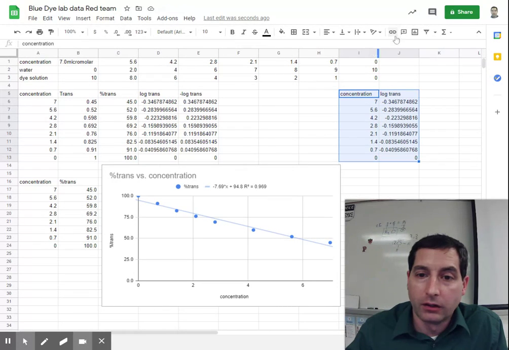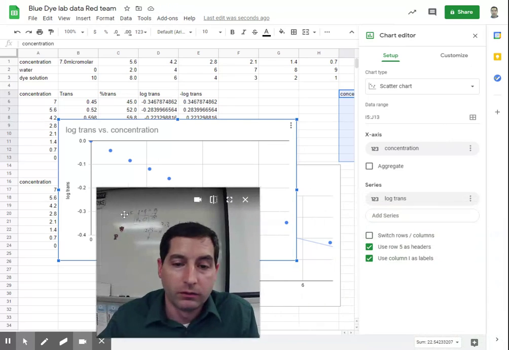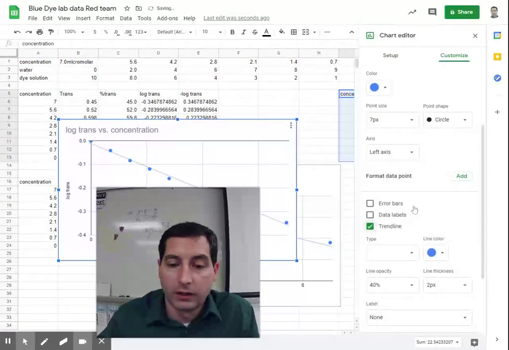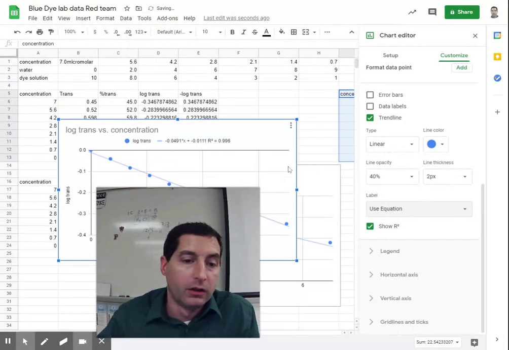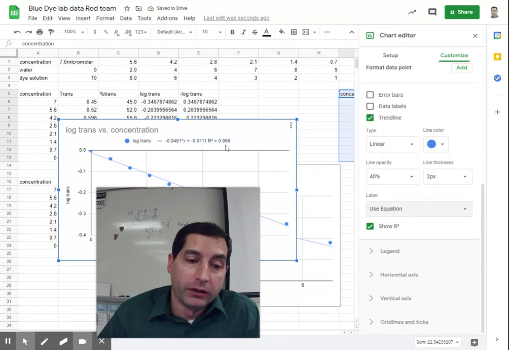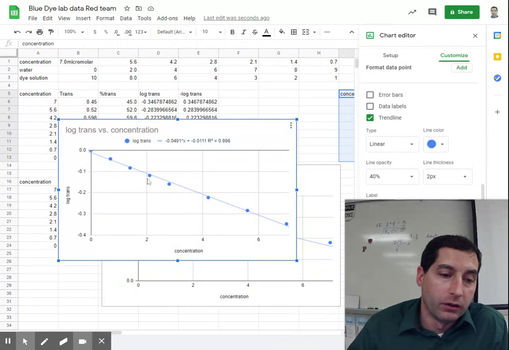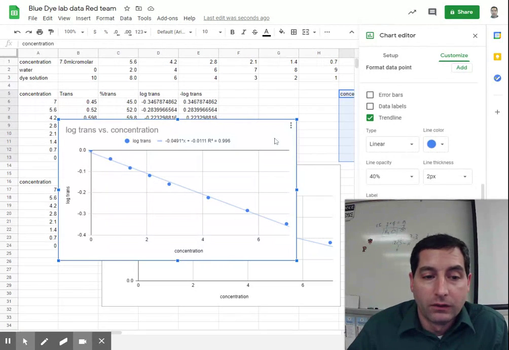And so here I can do my other chart again, and we'll make sure it's a scatter, and then we can do all the same stuff over again. Go to customize, go to series, trend line, r squared, and make the label the equation. You can see this one has a much better R value, close to 0.996, so that's a much better fit. You see all the points are closer to the line. And so really the only thing here is that this is a negative correlation, so if we do negative log transmittance, that will give us a positive slope. That's the one that we're probably going to